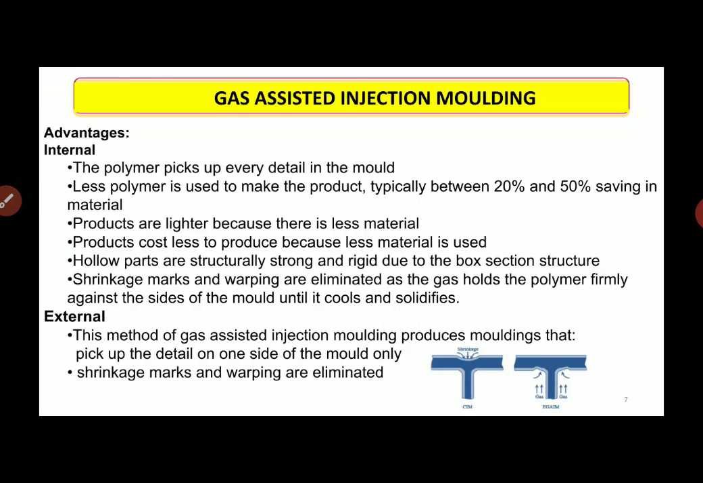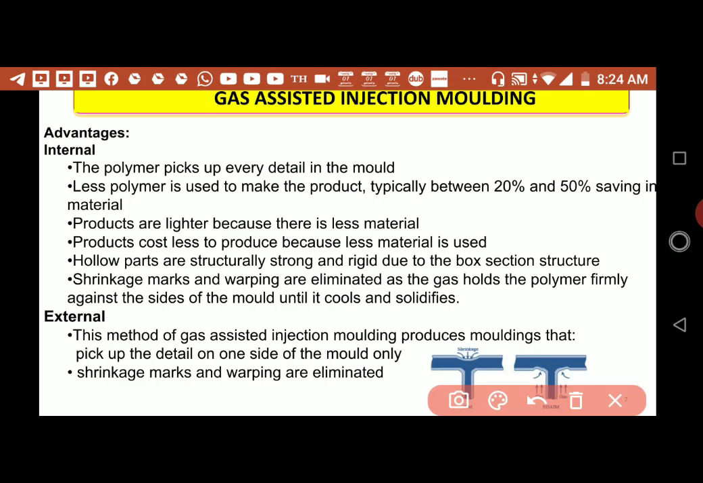Now we shall discuss the various advantages of the internal and external gas assisted injection molding processes. In internal gas assisted injection molding, the polymer picks up every detail in the mold. Since the gas is injected within the mold melt, we get every detail of the mold,